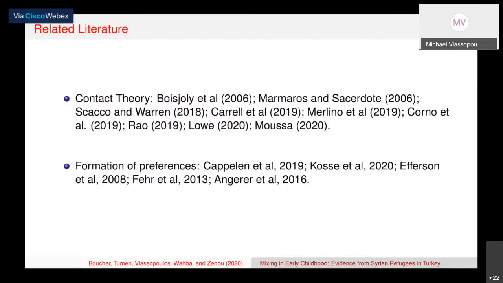And I'm not going to have time to go through the details of all the papers in this growing literature within economics, but in a nutshell, we think that our contribution and what differentiates us from the existing